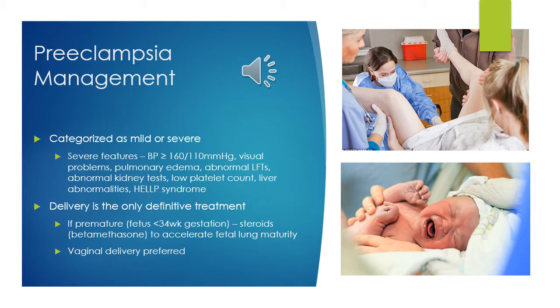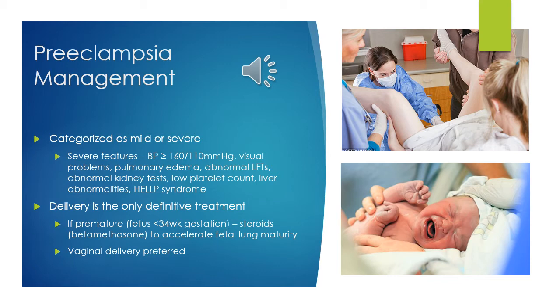The only definitive treatment is delivery, which may not be the best option if preeclampsia is mild and the fetus is very premature. Remember, a lot of decisions in OB are based on weighing risks and benefits. Does the risk of keeping the woman pregnant with preeclampsia outweigh the benefit to the fetus when she's only 30 weeks gestation? If the fetus is less than 34 weeks gestation and the woman must be delivered, the woman will